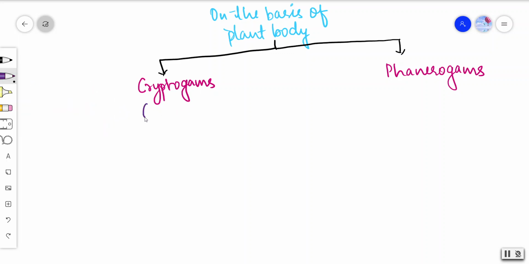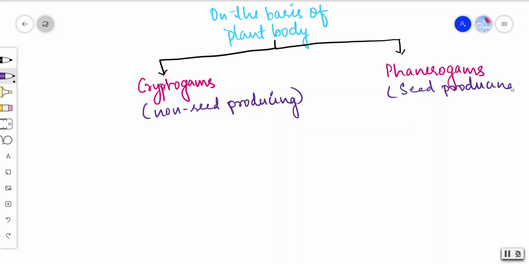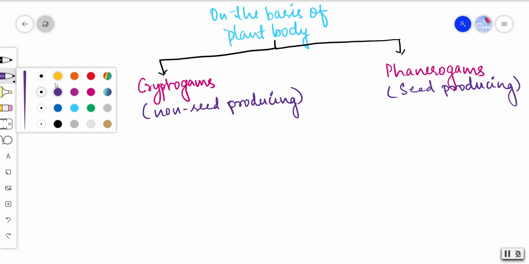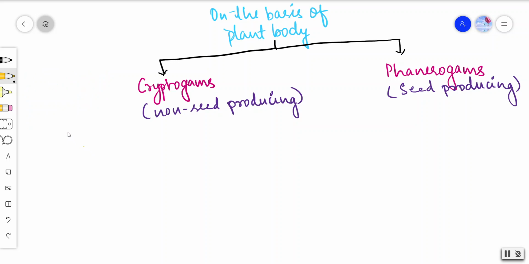Cryptogams are non-seed producing plants, which do not produce seeds, and phanerogams we can call spermatophyta, or these are the seed producing. Clear? Up to here is clear? Yeah. Another, cryptogams, they are non-seed producing, and thus they have